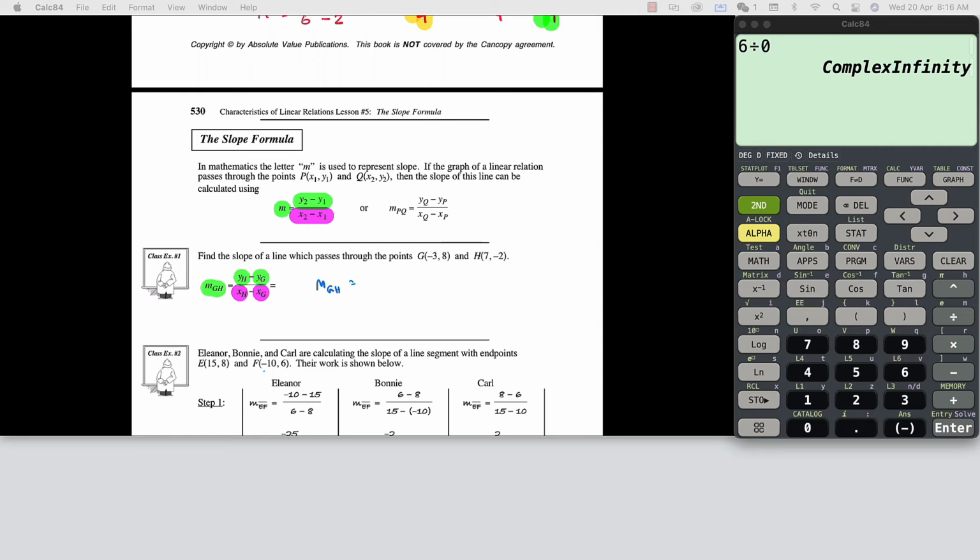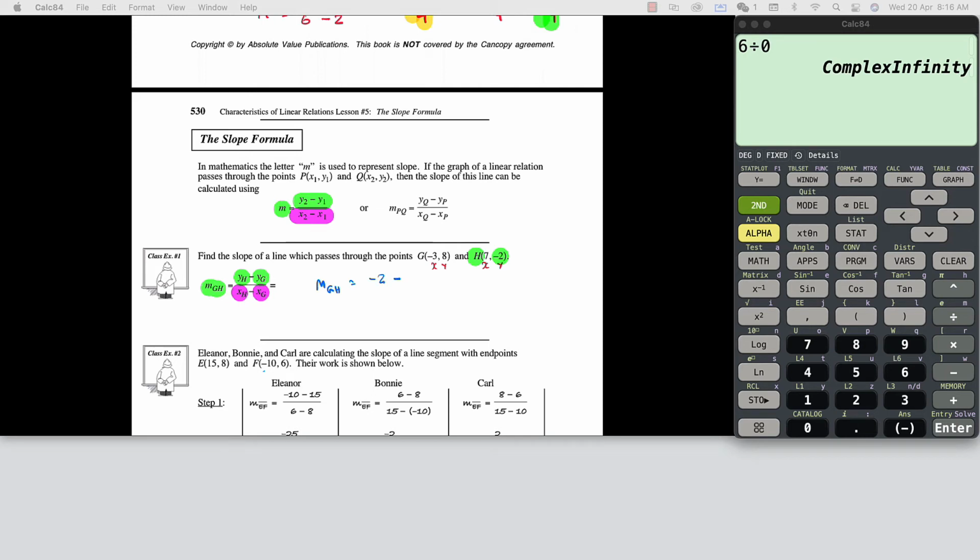And if this was a test situation, I'd just take the time to write XY right there, just so you don't make the mistake. It becomes visual. So I'm looking for YH. Here is H right here, and the Y value is going to be the negative 2. Okay, so that's going to equal negative 2